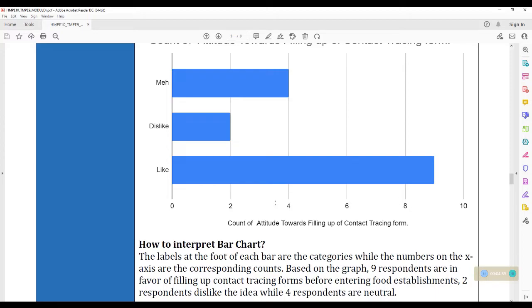Now, baka may magtanong, "Ma'am, hindi po naka-arrange ng lowest to highest. Dapat po di ba si May nasa gitna?" Yes, you are correct. Dapat si May nasa gitna. But,